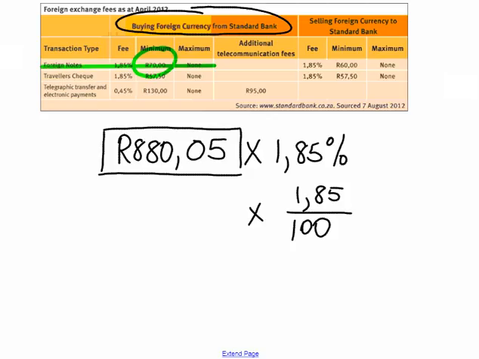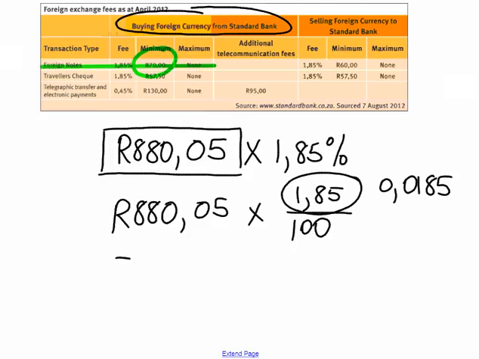On your calculators. Okay, this converts to 0,0185. Okay, so we had 880 Rand,